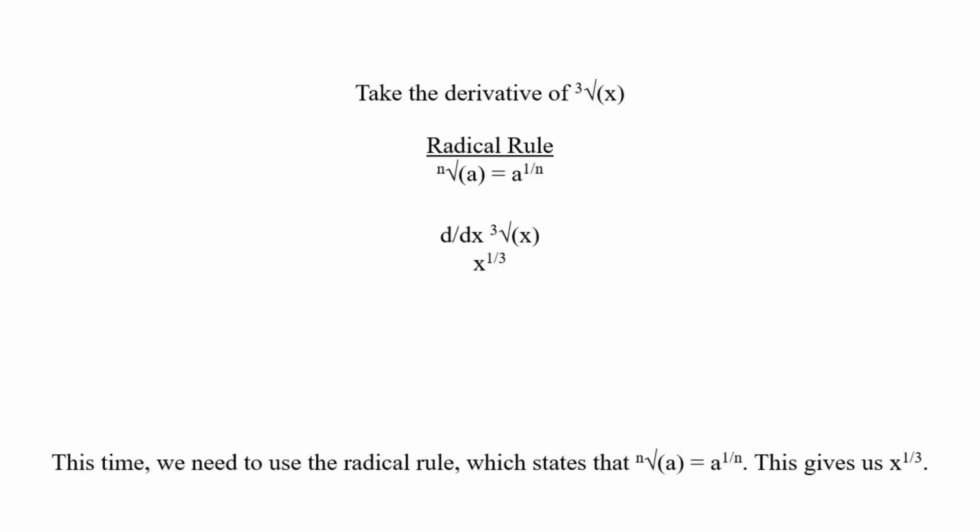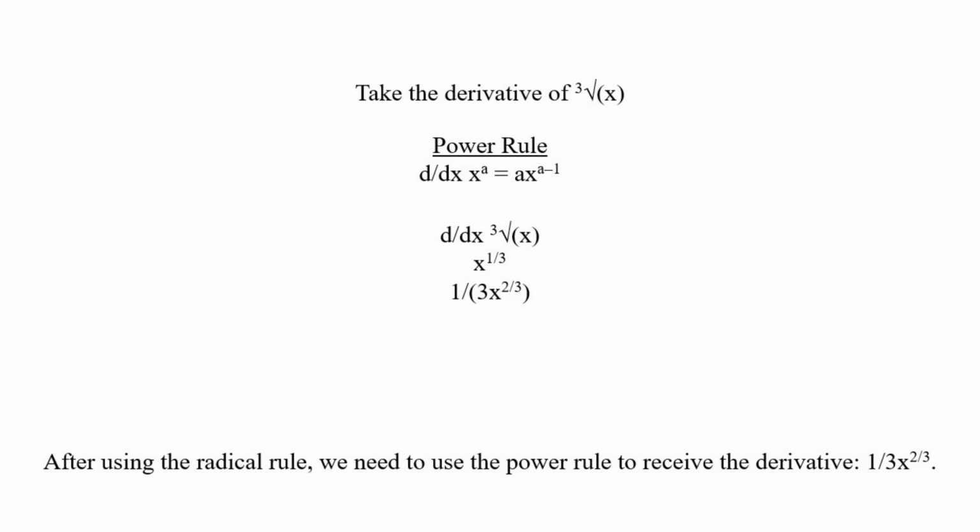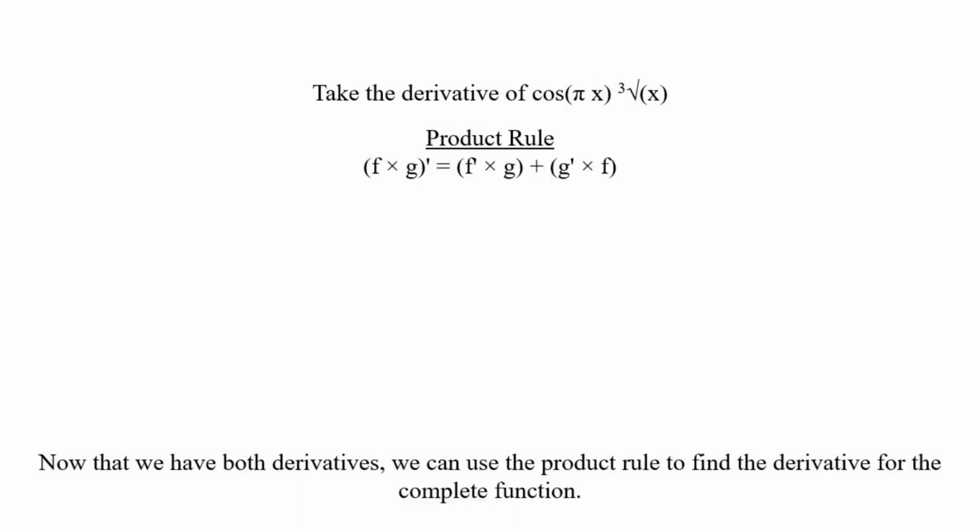This time, we need to use the radical rule, which states that the nth root of a equals a to the 1/nth power. This gives us x to the 1/3 power. After using the radical rule, we need to use the power rule to receive the derivative, 1 over 3x to the 2/3 power. Now that we have both derivatives, we can use the product rule to find the derivative for